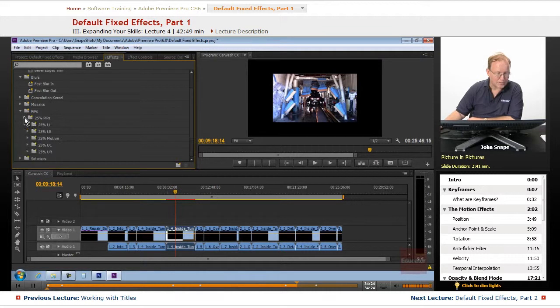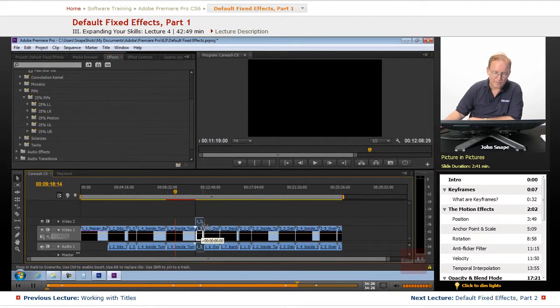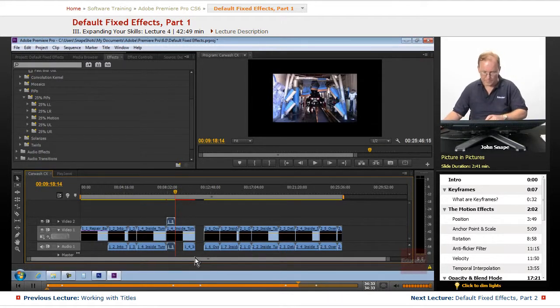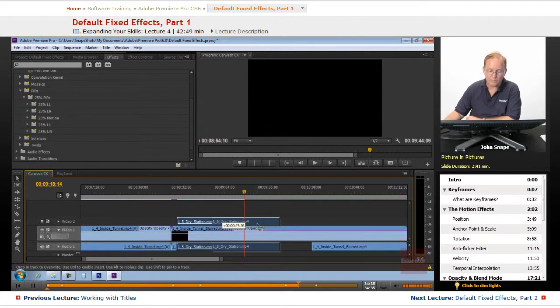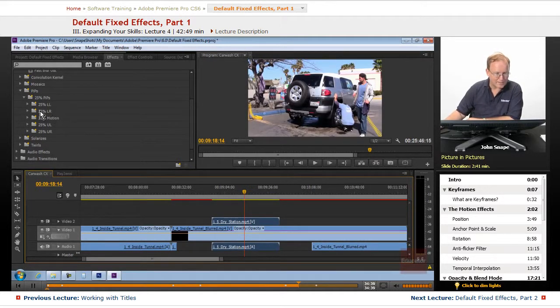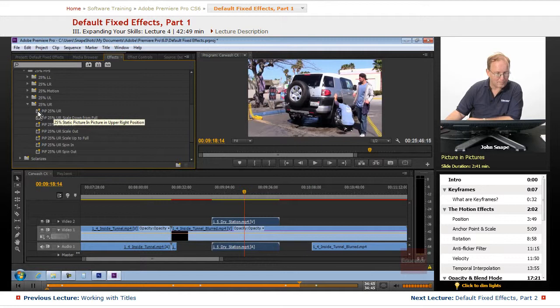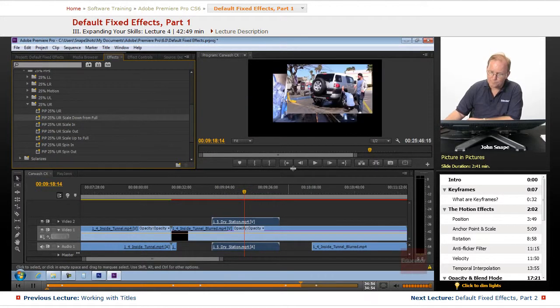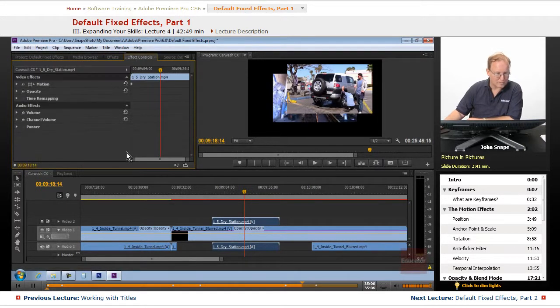They have other things like picture in picture. So if I bring this video up and over this one, we'll zoom in and bring it over the top of this one, and we want it in the say upper right 25%, and then we want it scaled down from full size. That way we don't have to change the size of this. We can bring this over and drop it, and you will see that it'll scale it down and put it in the upper right. It didn't exactly do it 25%, but